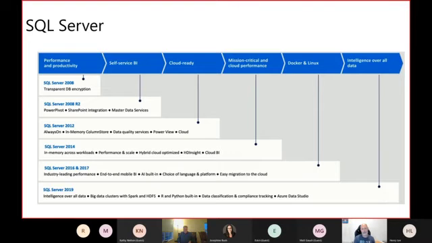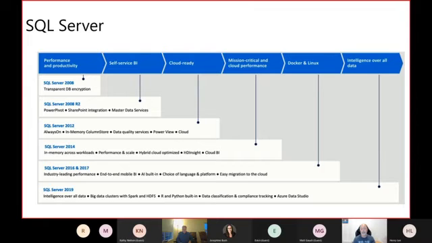Also, if we focus a little bit on SQL Server per se, the product, we have multiple SQL Server versions, since SQL Server 6.0, which was the very first one I started working with, until the most recent one, SQL Server 2019.